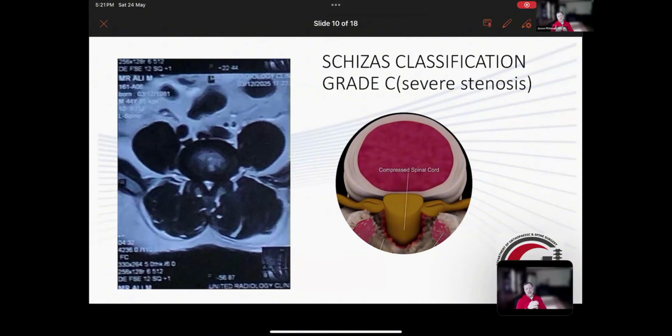Now, the next question I asked was interlaminar versus transforaminal. I'm not sure that anybody here would go transforaminal in this case because you cannot get an adequate central decompression there. Your transforaminal approach is going to be nice for a paracentral or foraminal disc. Also, some facet hypertrophy, because you can do a little bit of a facetectomy from the transforaminal approach and get a little bit of the lateral recess. But I think in this situation, just about everybody here would go interlaminar.